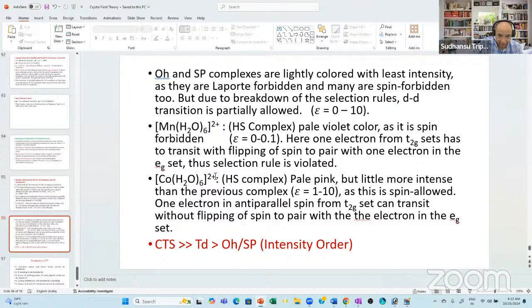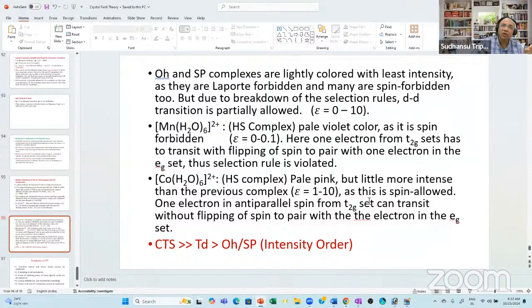Hexaaqua cobalt(II) complex is a HS complex because cobalt 2 plus is a very poor field metal ion and aqua is an intermediate field ligand. So this is a high spin complex, d7, Hund, then Pauli. So there will be 3 unpaired electrons. So it's pale pink, but a little more intense than the previous complex, because here it was spin forbidden and here